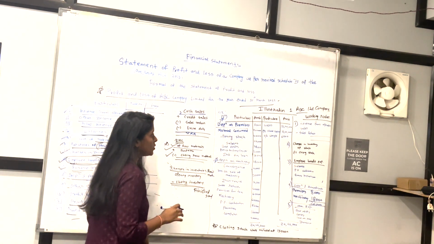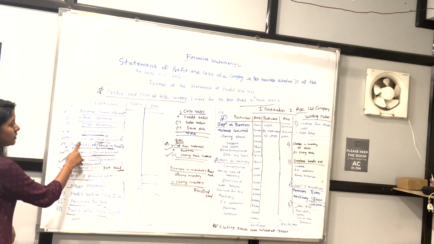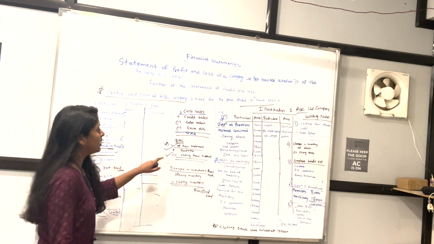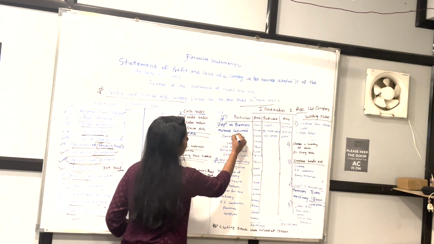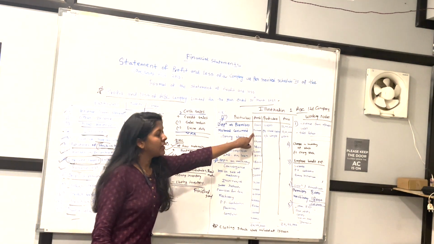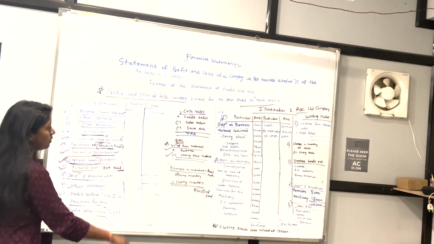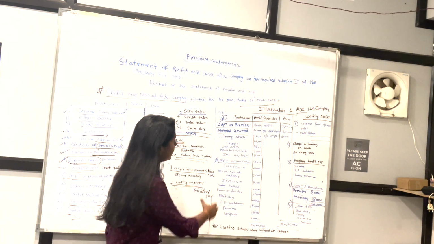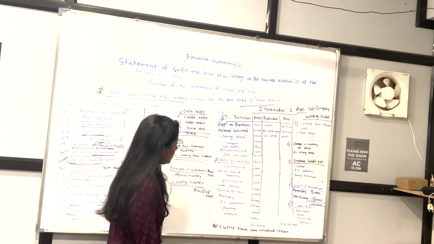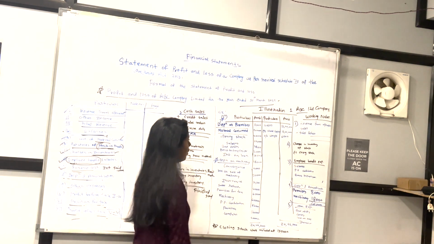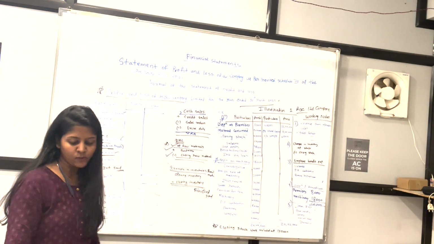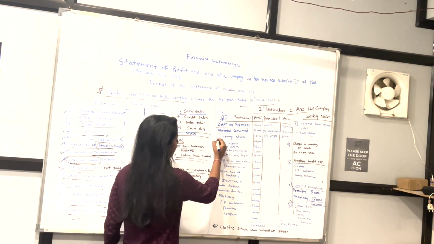Next, we have to see material consumed. Where will this material consumed go? This material consumed will go in cost of material consumed. How much is the amount? 8 lakh, so directly 8 lakh will go. Also we have to see whether any purchases or closing raw material is given or not. Here no other things are given, so cost of material consumed will be directly 8 lakh only.